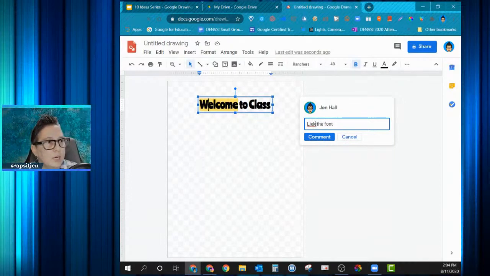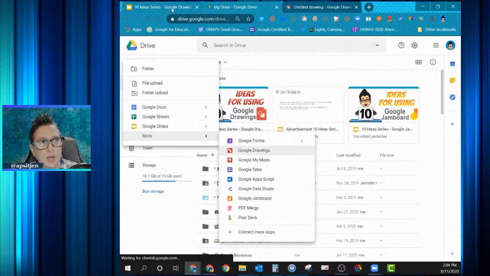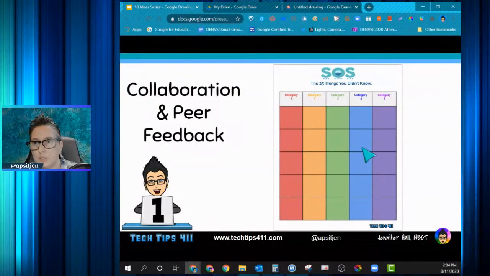And remember, terrible at typing. There we go, like the font, and now a comment has been attached here. So that's how you can use the commenting feature and allow students to collaborate. In addition to that, you can have templates like this one that I referenced here, which is actually an SOS template